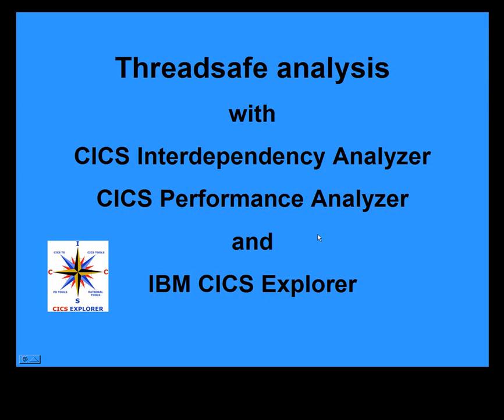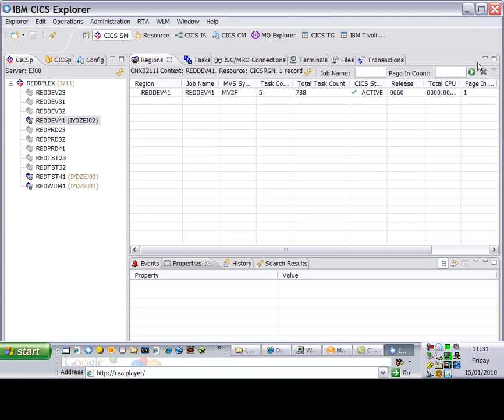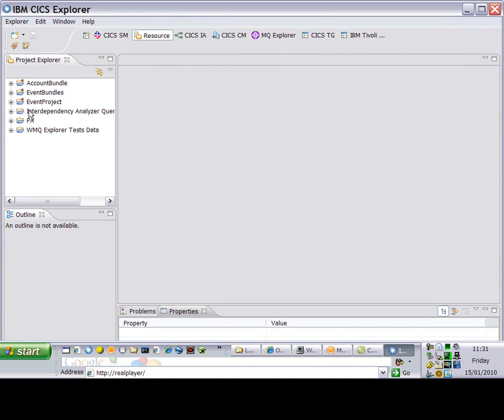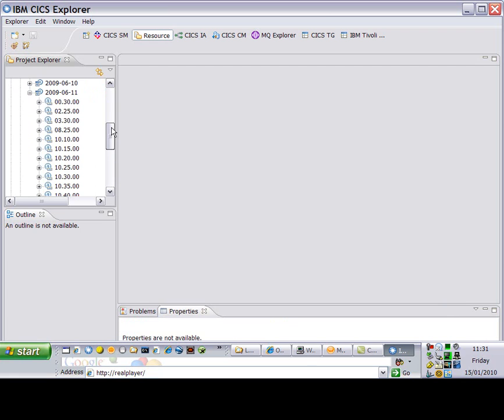This demo shows how to do Threadsafe analysis with Kix Tools and Kix Explorer. Starting from the Kix Explorer welcome screen, we can go directly to the workbench by clicking on that icon, and we are in the Kix SM perspective. To do some performance analysis, we go over to the resource perspective,